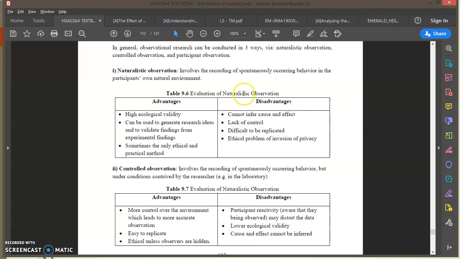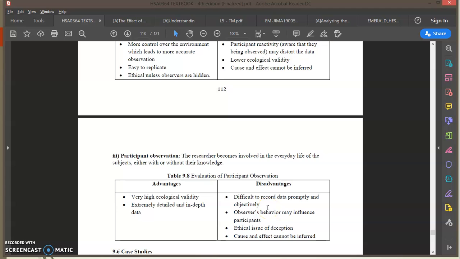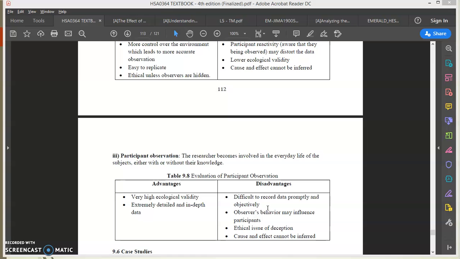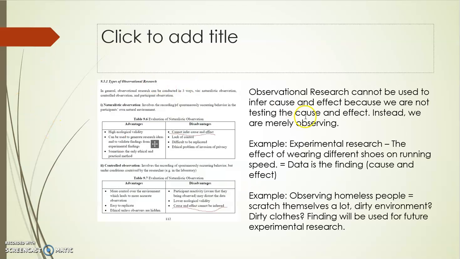Okay, in naturalistic, we have the same thing, and then we have controlled observation. We also have cause and effect cannot be inferred, and we also have the same disadvantage in the participant observation. Now, what does this mean? Basically, an observational research cannot be used to infer cause and effect, because cause and effect, if you still remember,